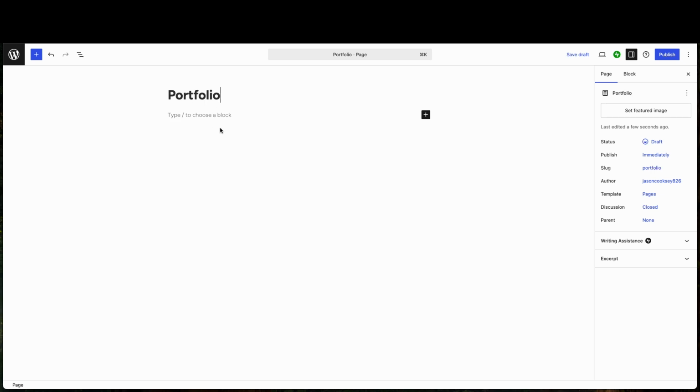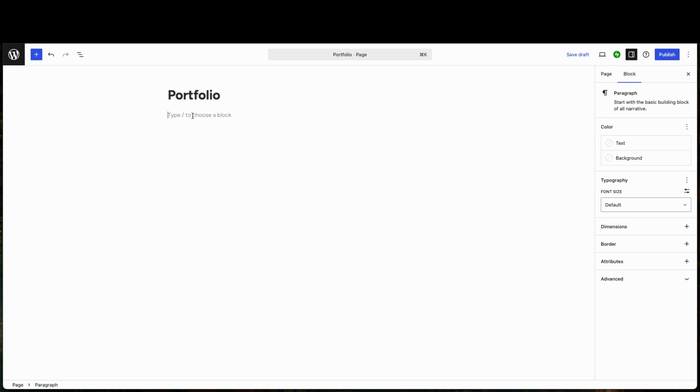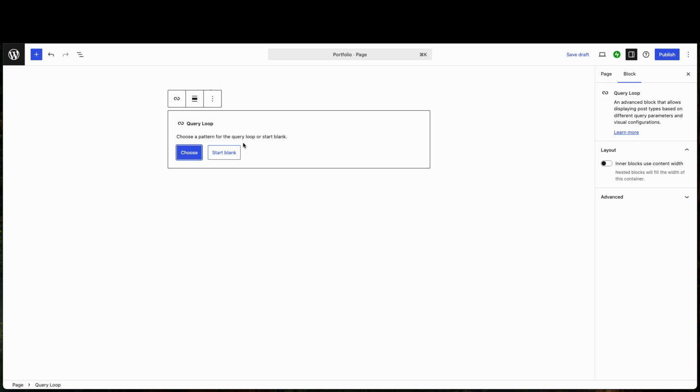Okay, and this is where things get a little wonky, and they did on Thursday. Like, we ran into some brick walls for sure. So if I do /, and you can type loop or query loop. A query loop,